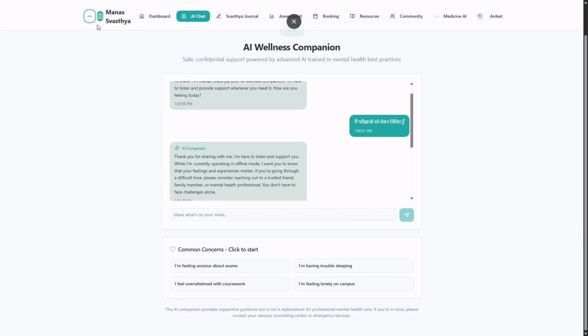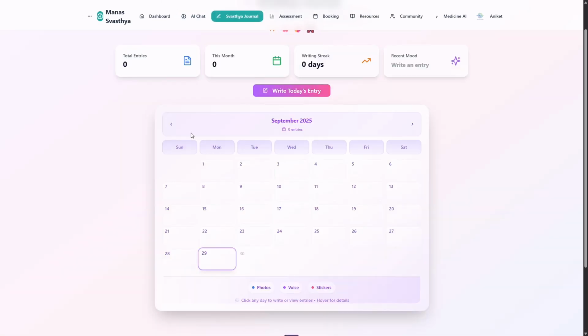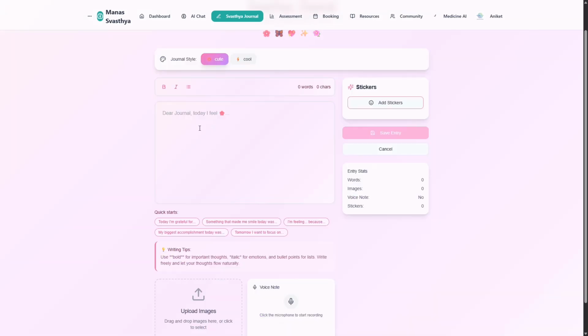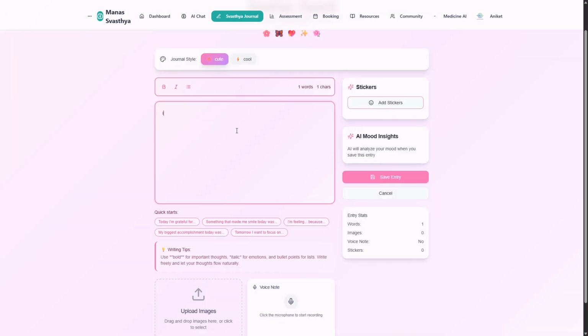So moving back, the next feature is the Swasthya journal. This is one of the key features of our web application. This is to make the user come back to our website for continual self-assessment via writing e-journals. So here's a demo. We could start writing a journal. Suppose I am happy, I won a sports competition,